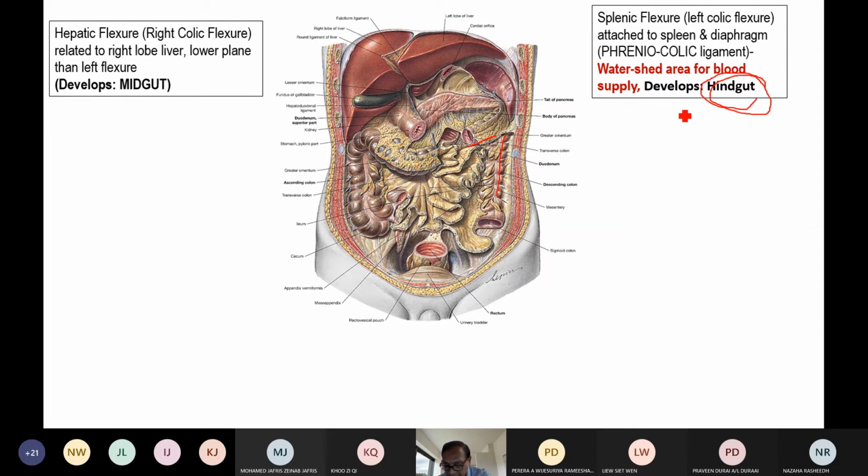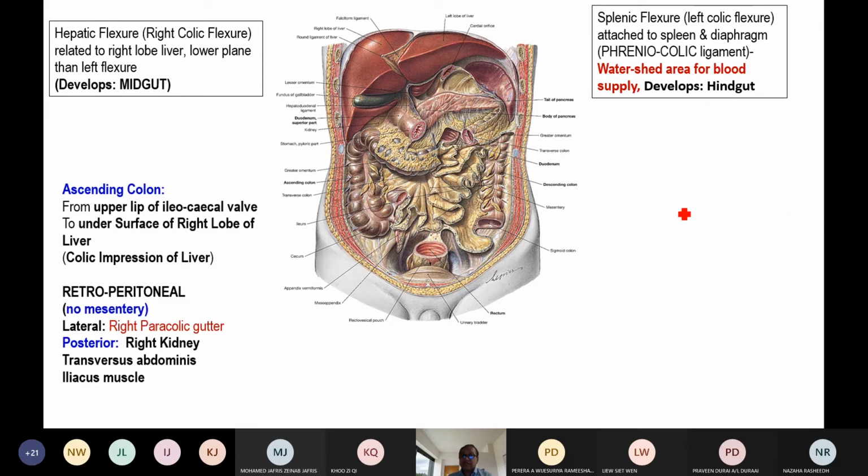These are all hindgut. So hindgut starts from the left one-third of the transverse colon and then goes downward, whereas the remaining part, including the small intestine, is all midgut. Now the ascending colon is over the right part and the left part. The main important thing in the ascending colon is that it is going from the ileocecal region to the liver, and the main important